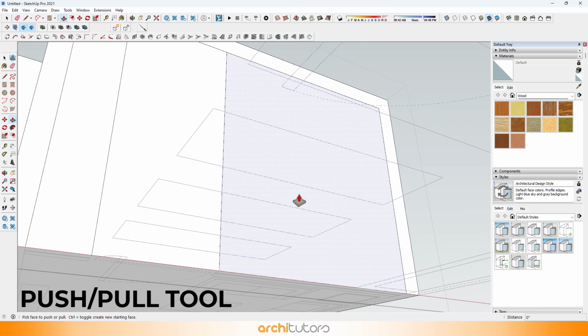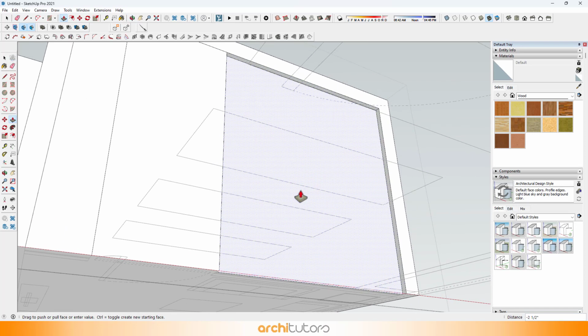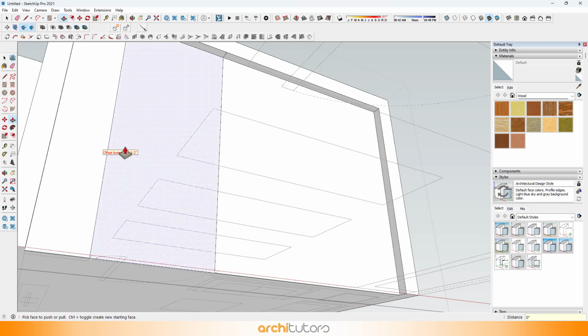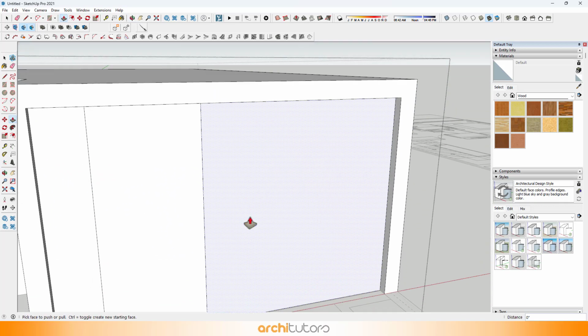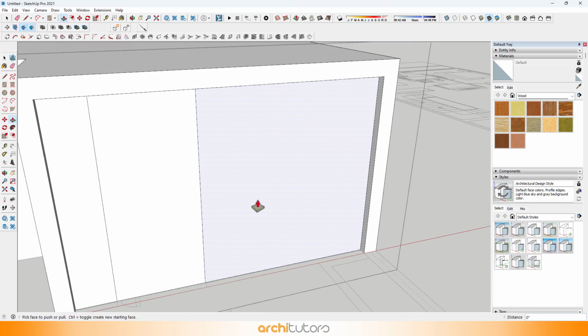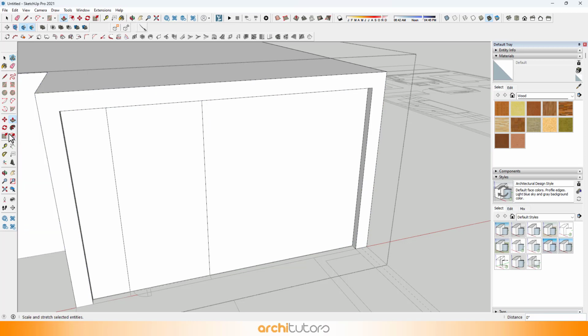Use the Push tool to intrude the surface. I'll offset the surface so we have a frame profile for the window.